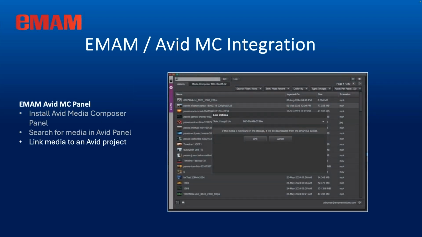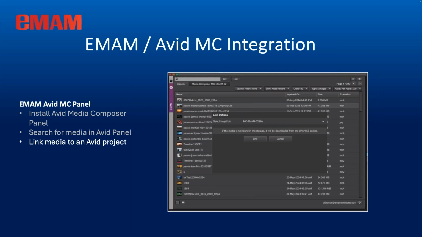With that, you're first selecting the bin that you want the media to go into. So you go in and find all your video shots or your B-roll, select a bin, and then link that with the project. The media is then moved to the Media Composer and linked with that media.